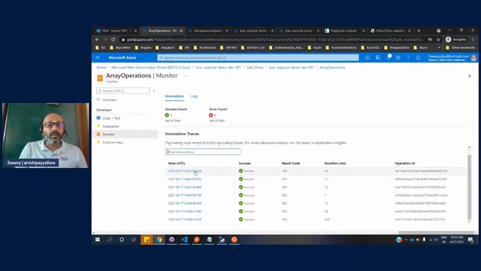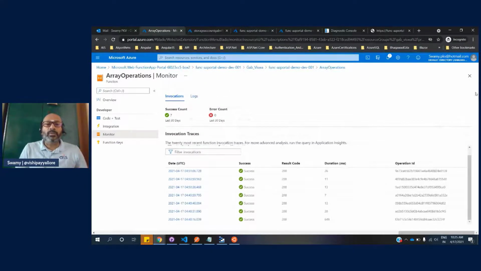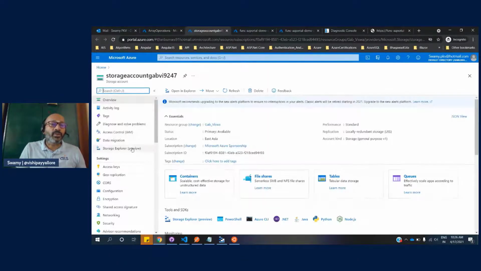It took some time after integrating. So this is the one which goes and checks, it tracks everything, as and when you have written all these things. So we have executed seven times, and it has got the logs of everything. Okay, so now we will look into the storage.